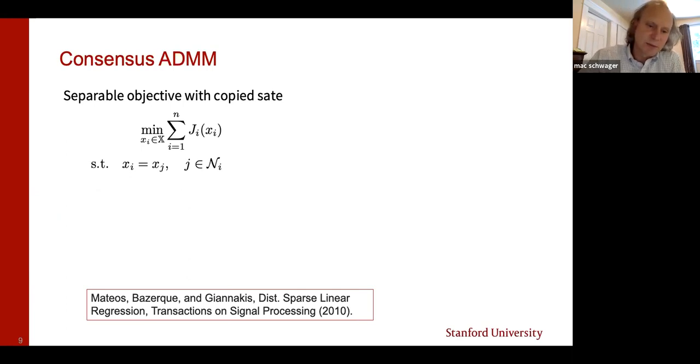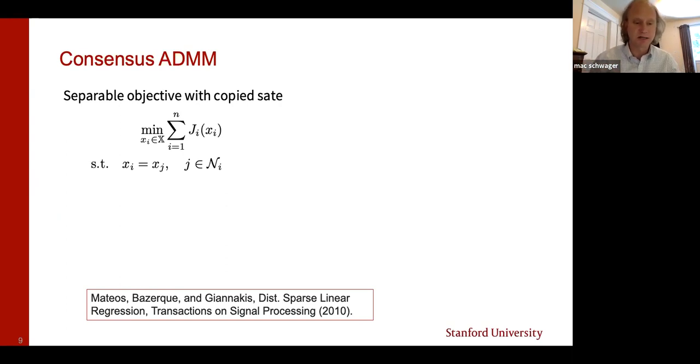So consensus ADMM is a fairly new algorithm. ADMM, which probably you all have heard of, or maybe you're quite familiar with, goes back to the 70s, alternating direction method of multipliers. It is a distributed optimization technique, but not distributed over a graph in the way that I was describing initially. In fact, it's been known for a long time that it's been kind of an outstanding question of how do you take ADMM and distribute it over a graph, as I described.